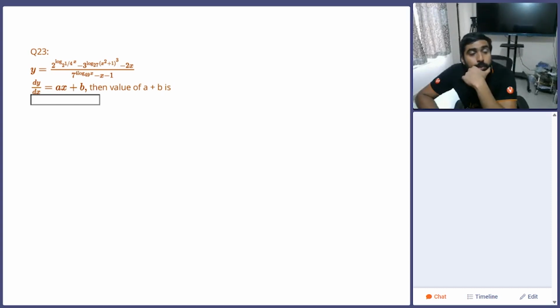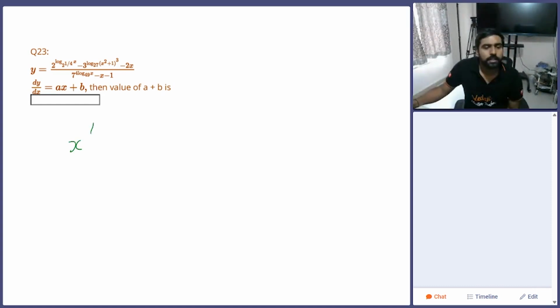2 power log x to the base 2 power 1 by 4 minus 3 log of x square plus 1 power 3 base 27 minus 2x, divided by 7 power 4 log. Let's simplify this out a little bit. I can first of all interchange this base. So I can write this as x power